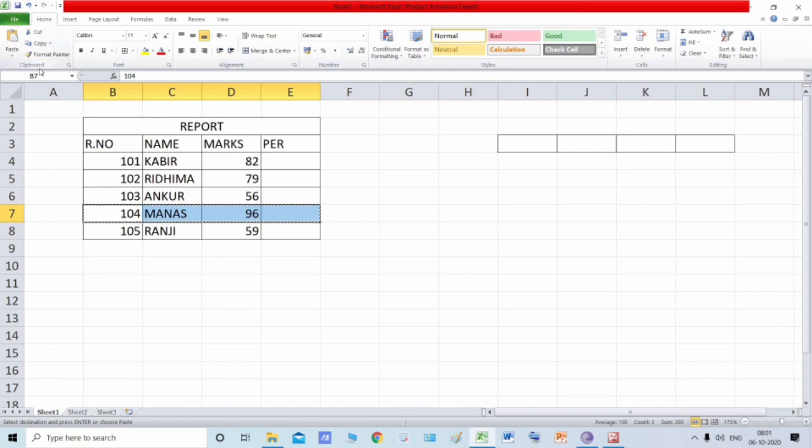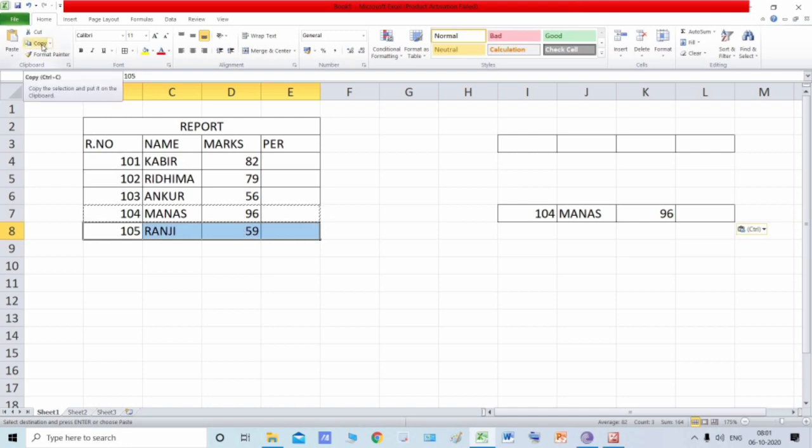Now if I want to paste it over here, I'll just click on the paste button. Still it is not removed from the clipboard section, but suppose I want to copy this data also, and now I click on a new copy. Now the old data has been removed from the clipboard.